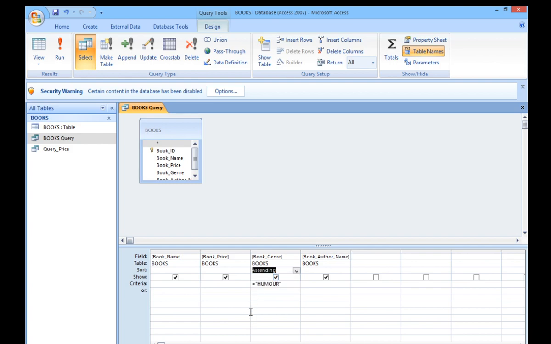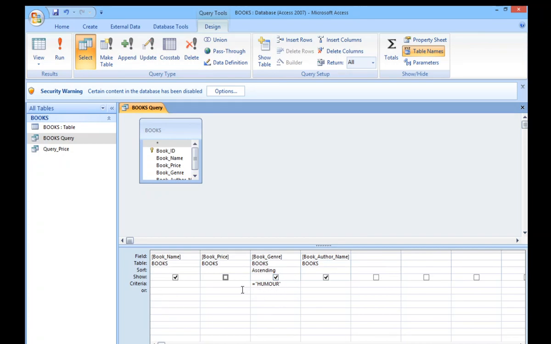Let us list it in ascending order. And this show means, if I uncheck this box, what will happen? This will be present in your query, but it will not be displayed in your query result. अभी आप देखेंगे बुक्स प्राइस आपके क्वेरी रिजल्ट में अपीयर नहीं होगा और सिर्फ ह्यूमर की बुक्स वहाँ पे लिस्टेड रहेंगी.